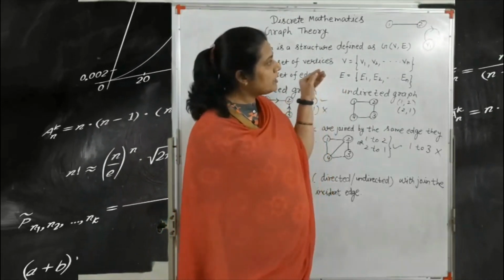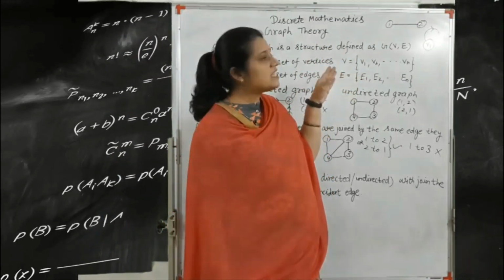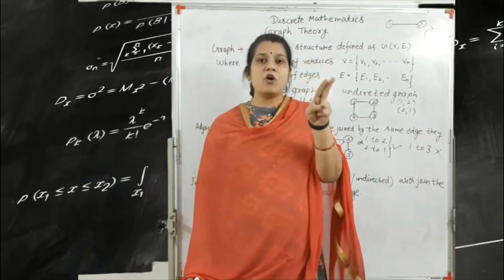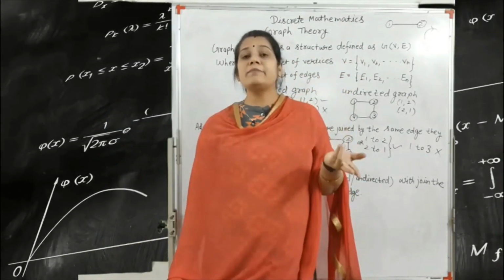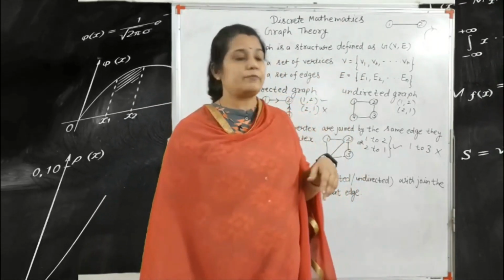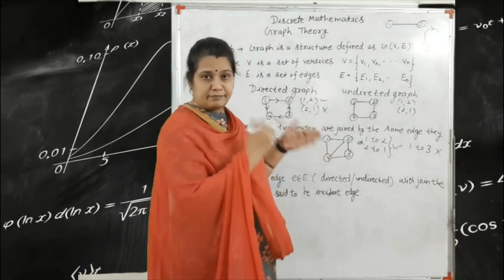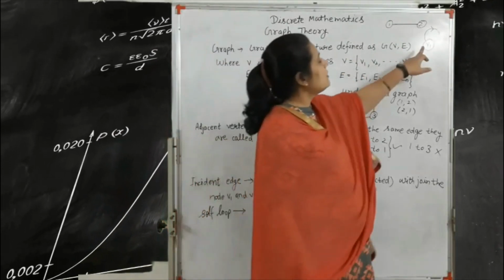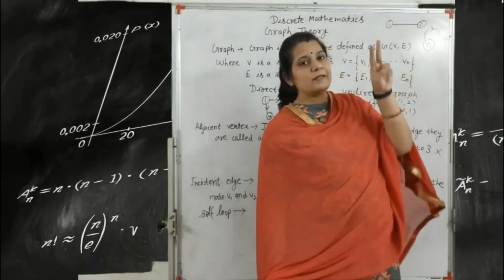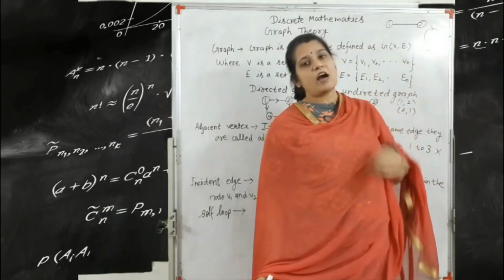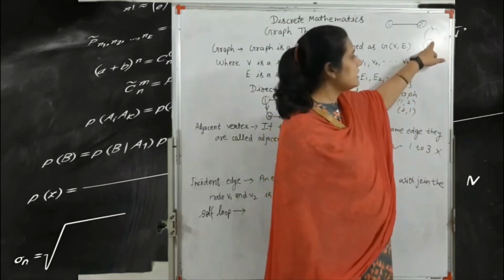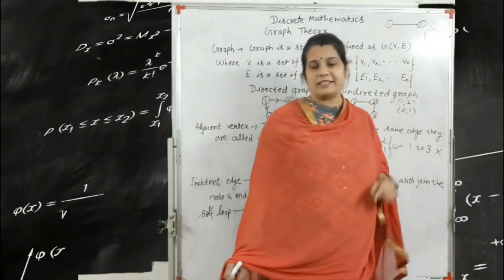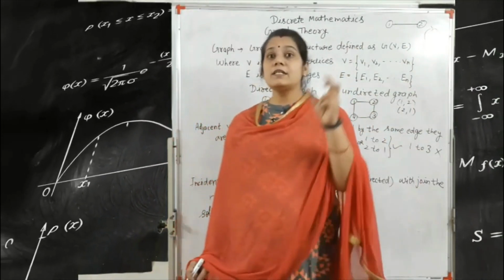So if we write here the direction, every self loop contains 2 degrees, that means in degree and out degree. So what do we mean by the degree? Degree means the number of edges connected with a single vertex. So the self loop always contains 2 degrees, in degree and out degree both, because here this direction is the in degree and this direction is the out degree. So this is the example of the self loop.